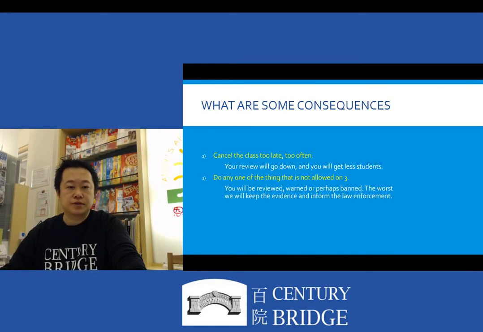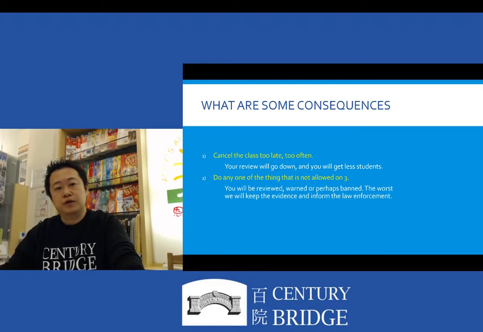And what are some consequences? If you cancel the class too late or too often, your review will go down and you will get fewer students. After you finish every class, you will write down what you have done with them. For example, you finish unit 3 dash 1, so you just write unit 3 dash 1. So if you stop having the class with the students, the next new teacher will know, oh, okay, I should start with that unit, and then maybe the next new slide. And the students will review you